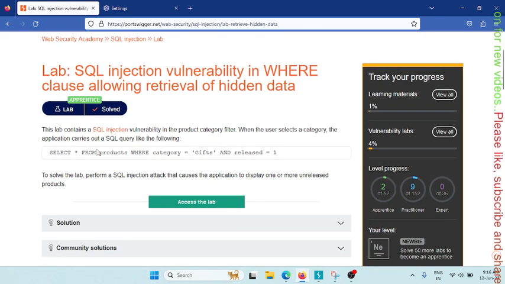They have mentioned that the vulnerability is in the product category filter. Whenever a user searches or selects a category, the application in the backend is going to